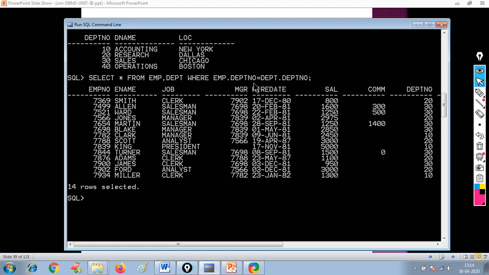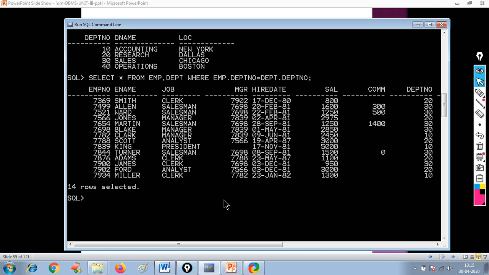So in that join operation, one column must be common in both the tables. Employee.dept number. DEPT number is present in both the tables, employee and department. That's why we can join these two tables. Name can be different. DEPT number and some other table may contain D number. Name can be different, but the data type must be the same. Then only you can apply the join operation. So this example is called a theta join, and because you have used the equal to sign here, we can call it an equijoin.